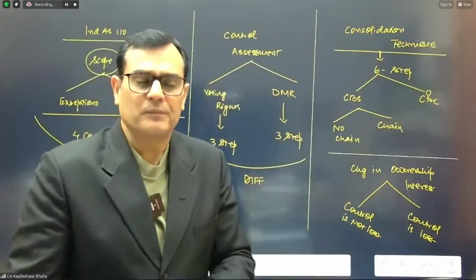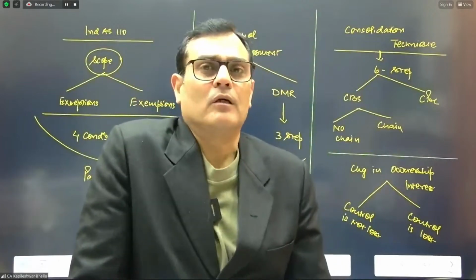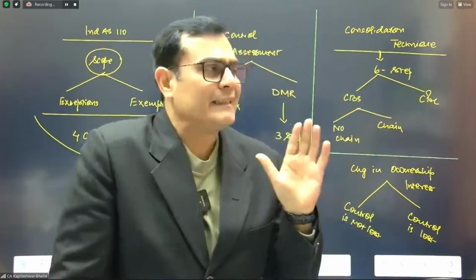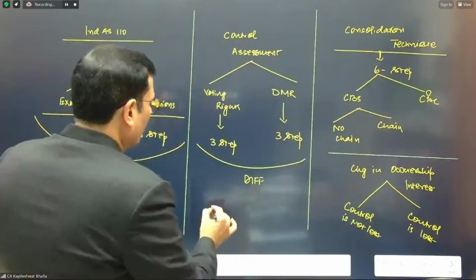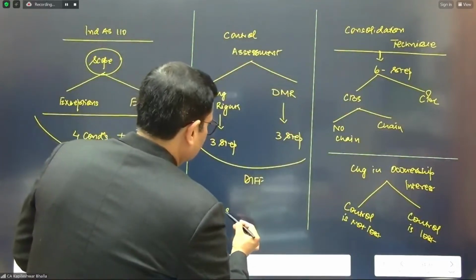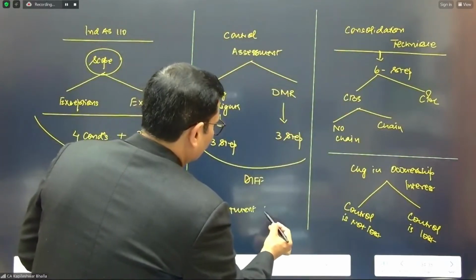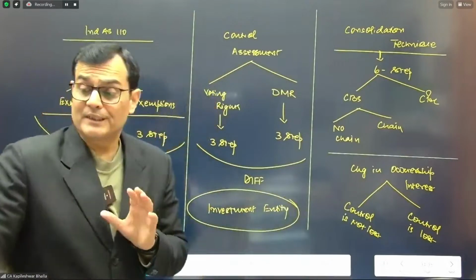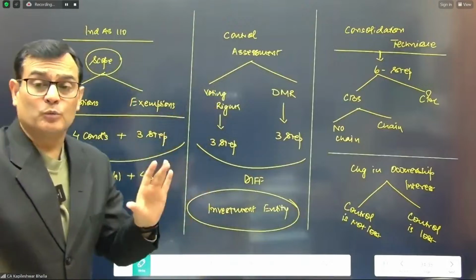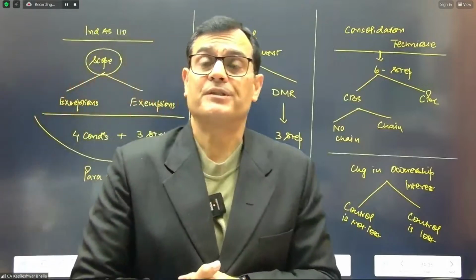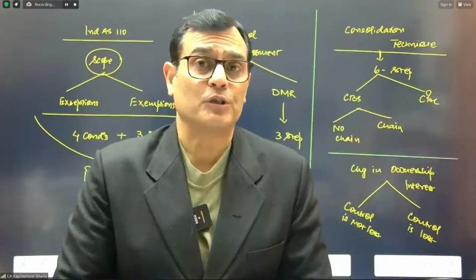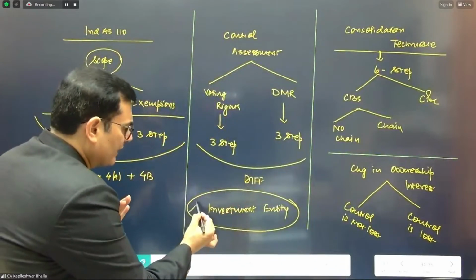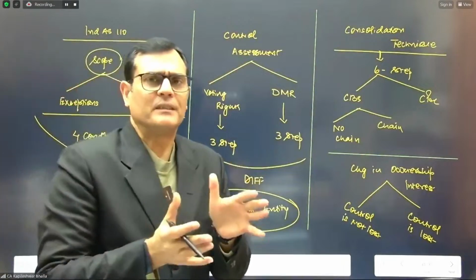Now, there is something more which is also given in the study material on consolidation, which I didn't touch much, but I gave you just the tip of the inputs, and you can do a little reading on it. There is an input given in the study material regarding the concept of investment entity. I gave you some basic inputs, but there are some inputs on the investment entity which tell you what the parameters, the definition, and the characteristics of an investment entity are. And there are some illustrations given. So this is one area which you can go through, though it's never been touched in the exam.